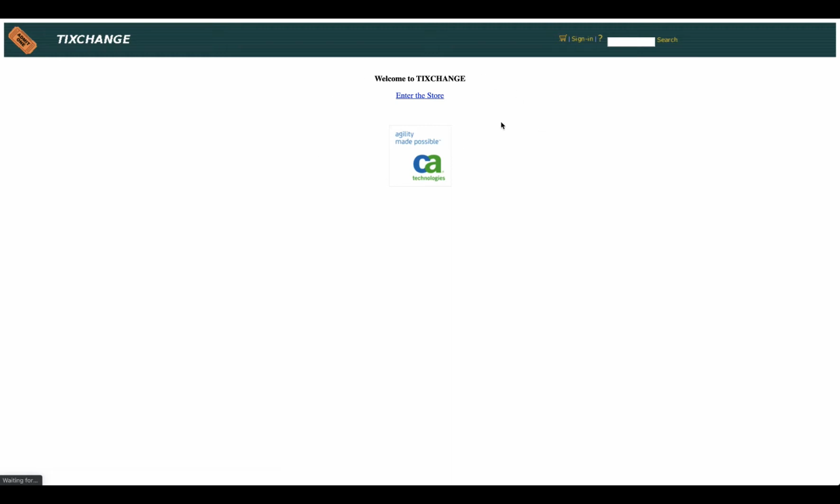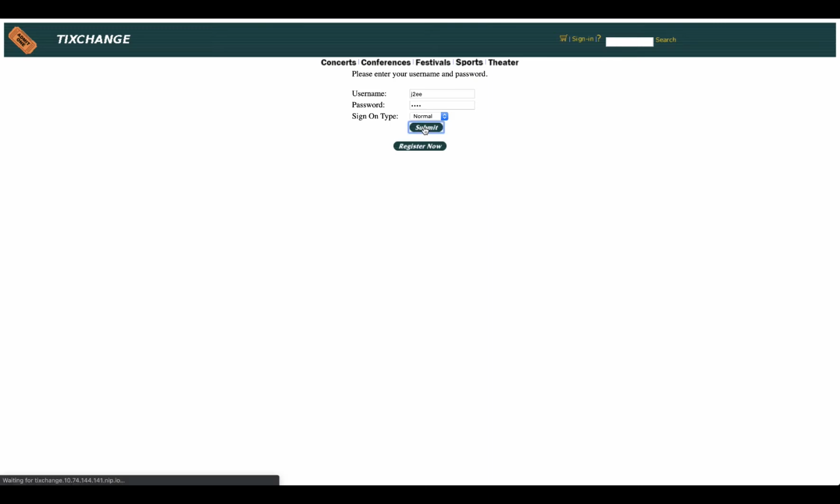So I'm trying to access the application from outside the cluster. Since this is a JSP based application, the first time the application is loaded, all the JSPs are compiled into servlets. So the first time interaction takes a little longer. But again, it's a sample app, so performance is not an issue here. And let us see if the authentication service authenticates me.